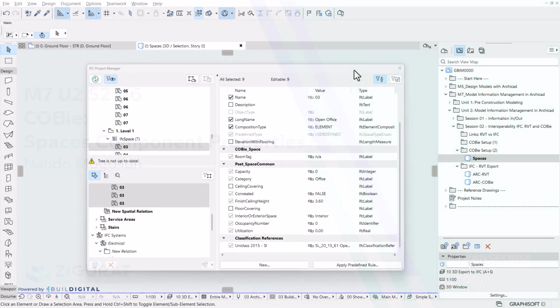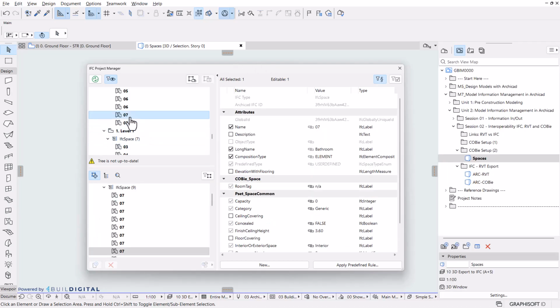Now let's start populating the properties for the components as per COBie specifications. So component properties are the individual instance properties that are assigned to every one of the elements. In this case, and for the current example, individual spaces. So if you take it from the IFC project manager, what you're going to see is upon selection of any